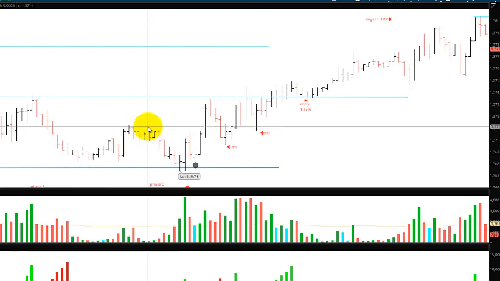So that's what I use. That's the system that I use when I execute trades with the trade copier. So if you're going to use the trade copier, I think it's really important that you know who's trading for you and what system they're using to identify these trades and look for these better trade opportunities.